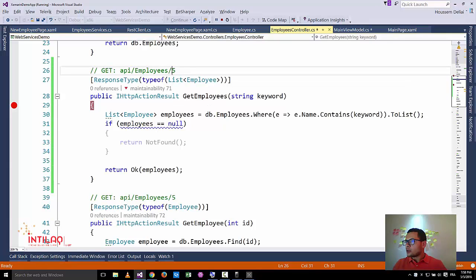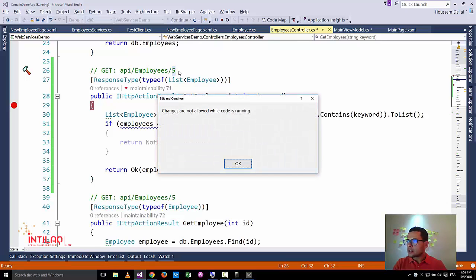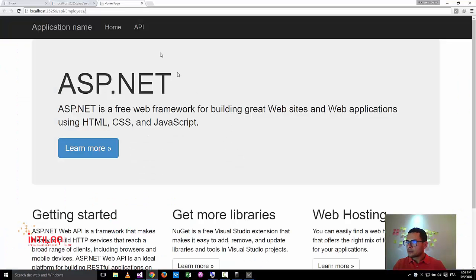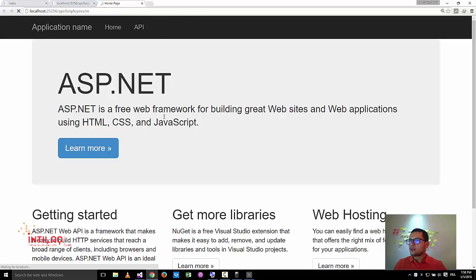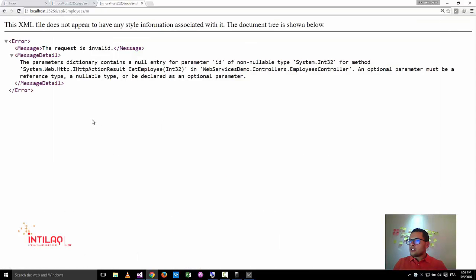I'm passing a parameter here, so it should expect that keyword to come after this slash. So let's say I'm looking for the employees whose names contain M, for example. So to do that, I'll type that here, hit enter. Then I get this error telling me that the request is invalid